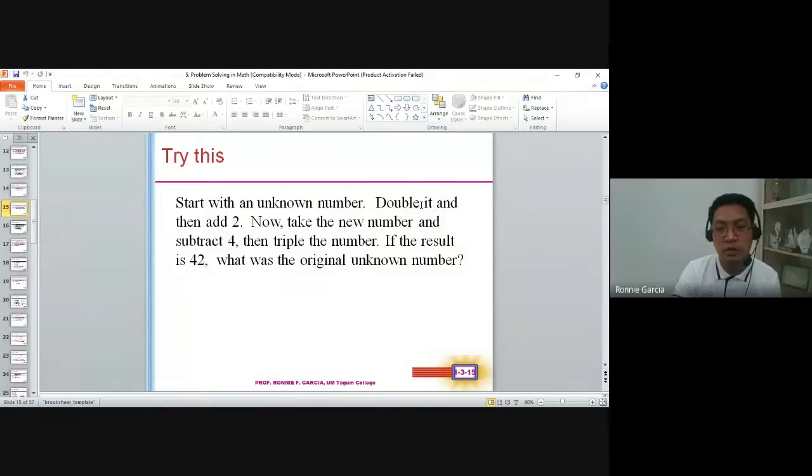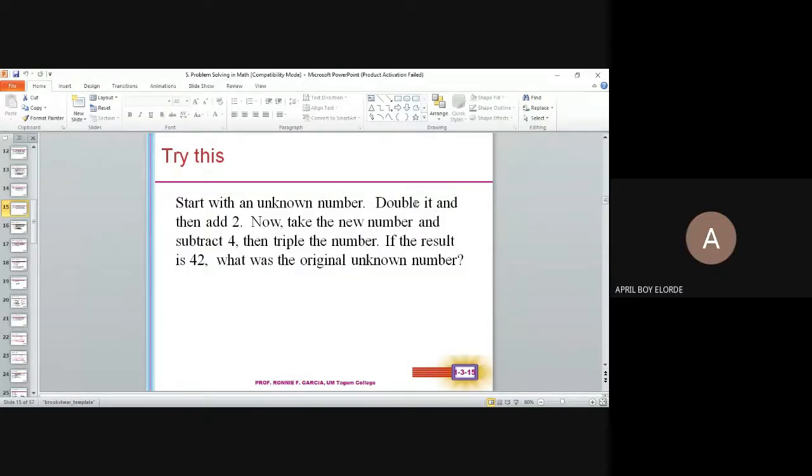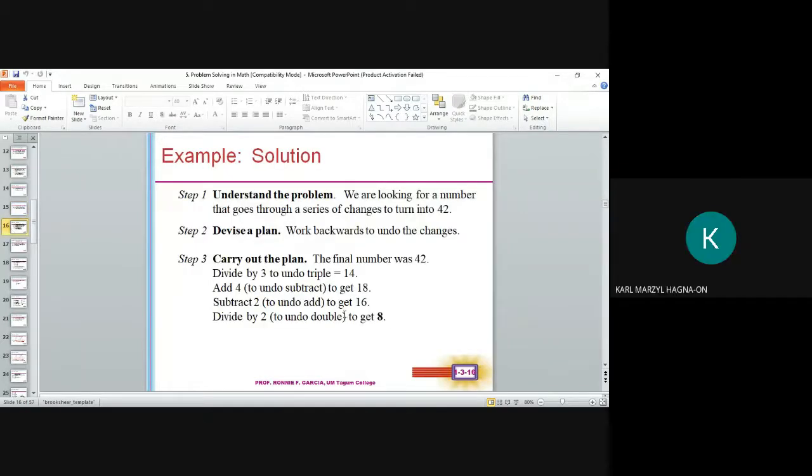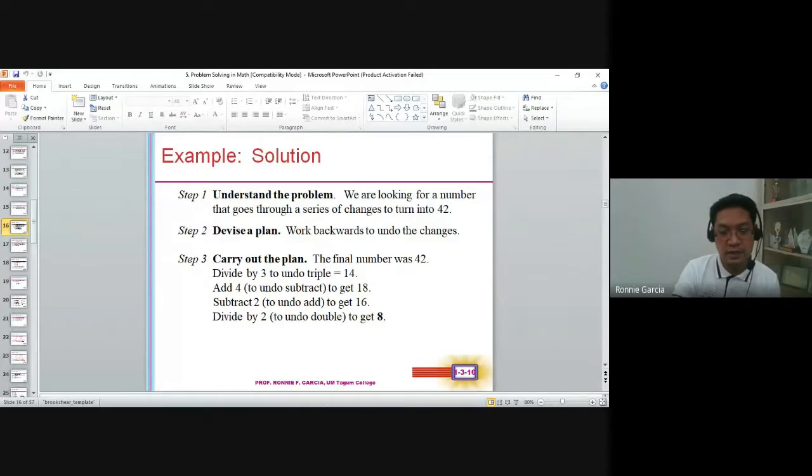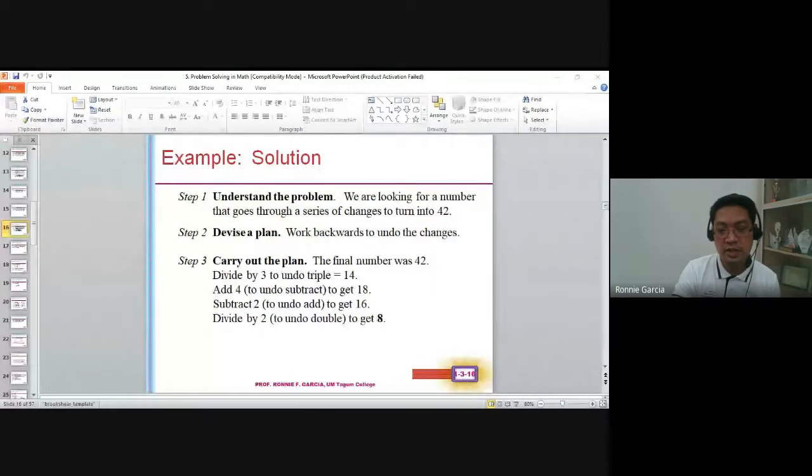And then we have double it, the reverse is divide 2. So 16 divided by 2. 8, sir. Okay, eight, correct. The answer is 8. So the first student to get the correct answer is,